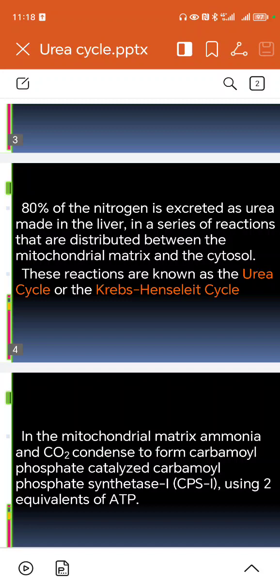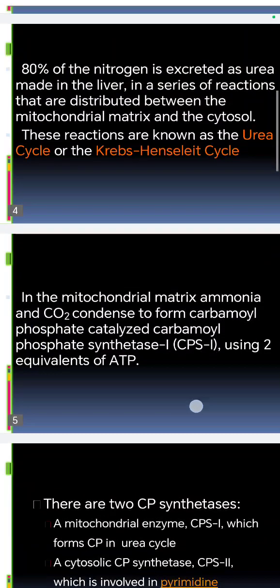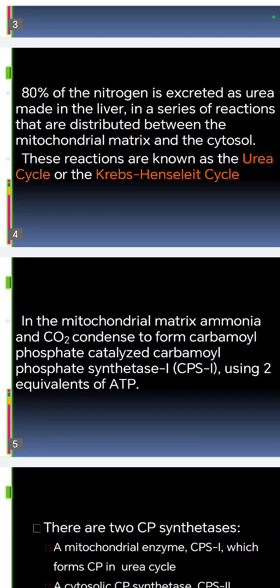These reactions are called the urea cycle. It has another name, which is the Krebs-Henseleit cycle. In the mitochondrial matrix, ammonia and CO2 are condensed together to form carbamoyl phosphate, catalyzed by carbamoyl phosphate